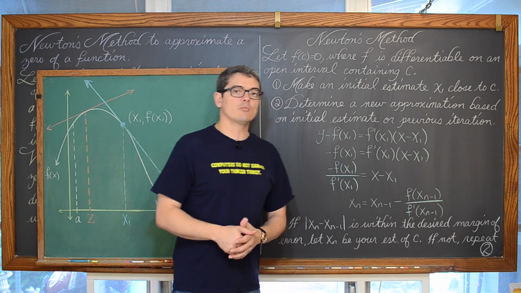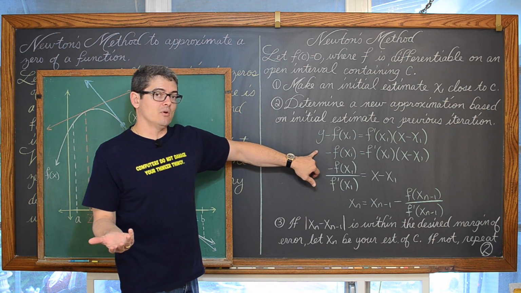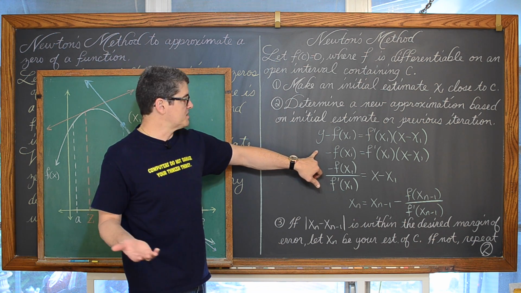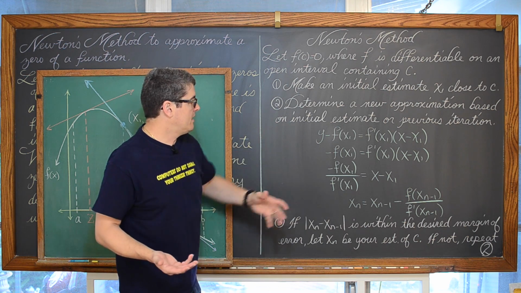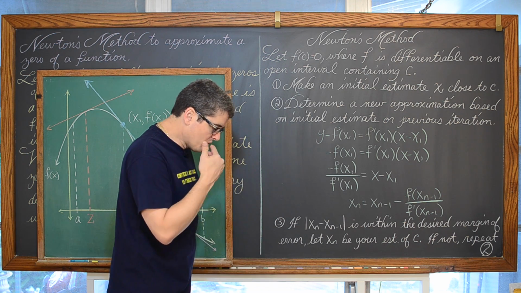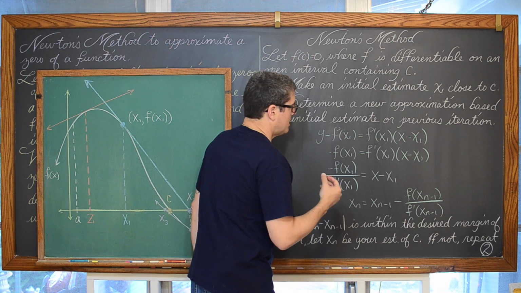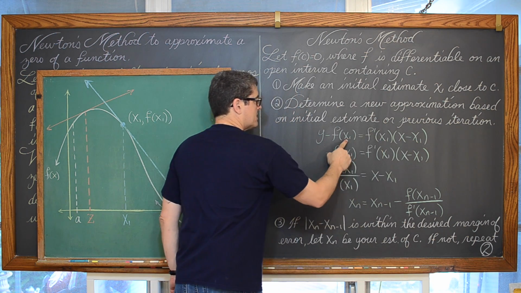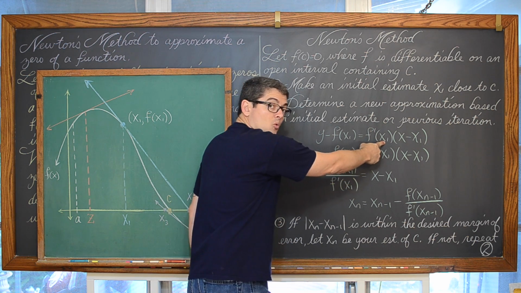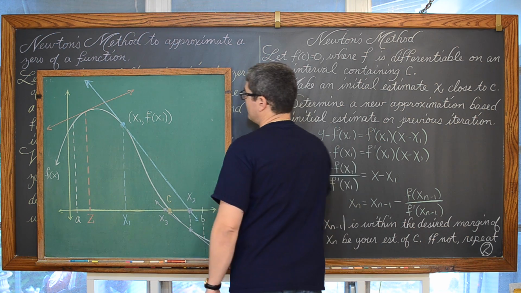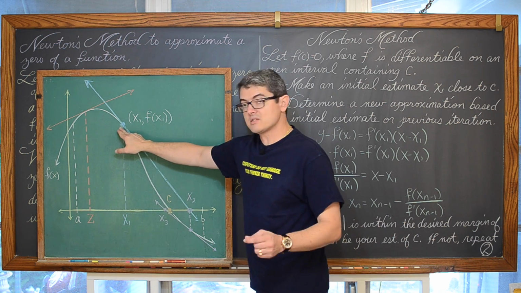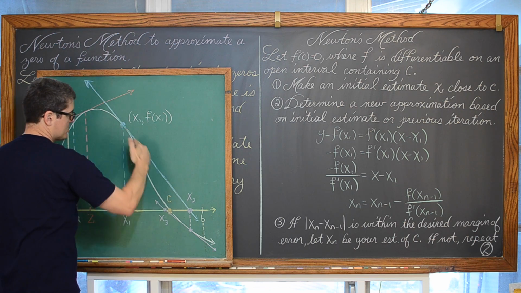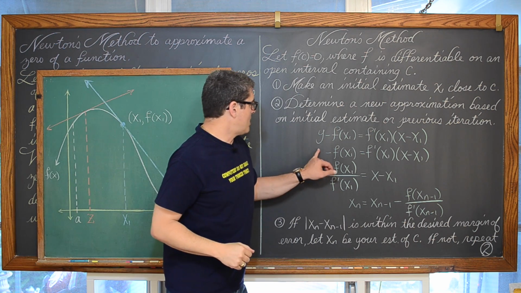So we just have point slope form of a line. We're letting y equal 0 because obviously when you cross an x-axis, the y value is 0. So the y is disappearing. And we're trying to estimate a new x. We have our initial x and our initial y, and the slope of the function based off of that initial estimation, of course. And so this first line would be like you finding the equation of this blue tangent line.